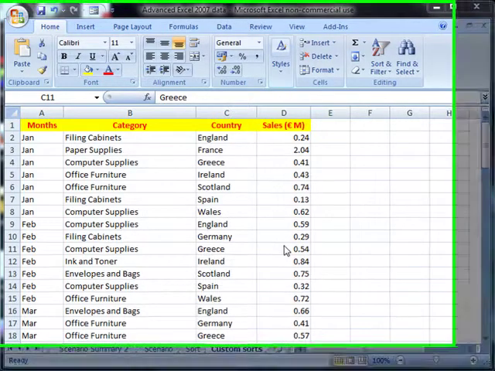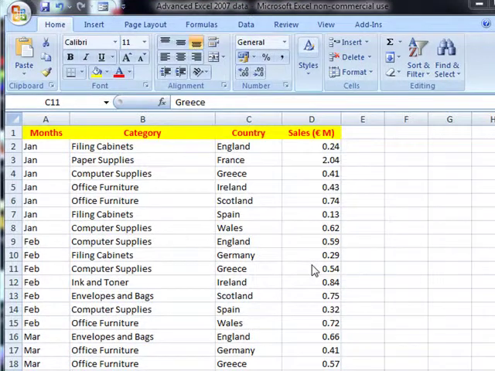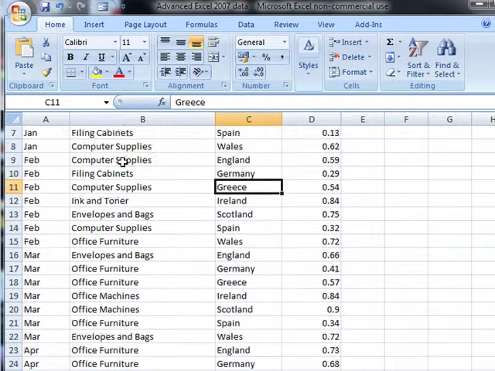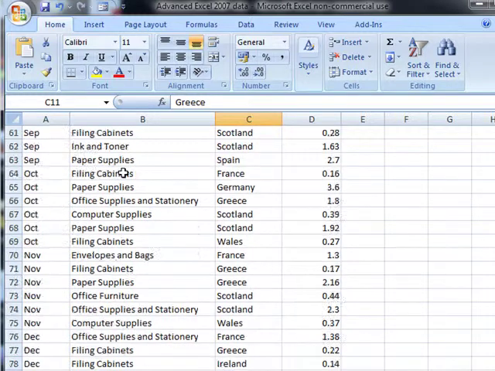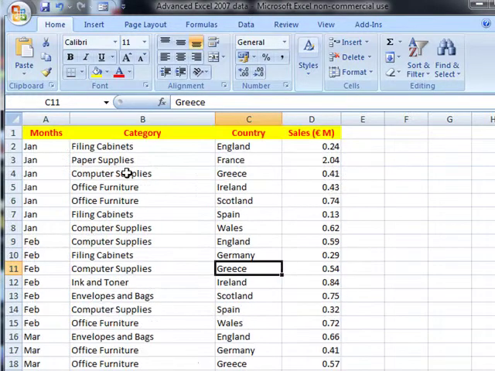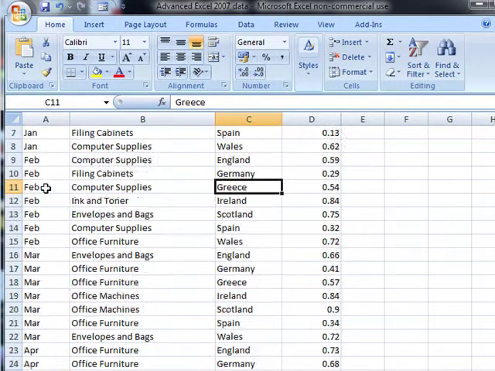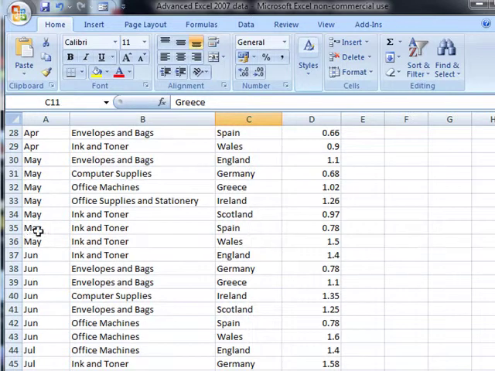Let's have a look at how to filter our data. As you can see, I've got a table of data. It doesn't have to be defined as a table, but it does have to be a continuous list of information. And ideally, you've got titling at the top. If we want to find all the information relating to January, for example, or May, then we can use filtering